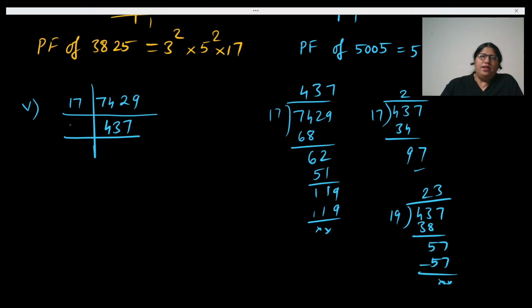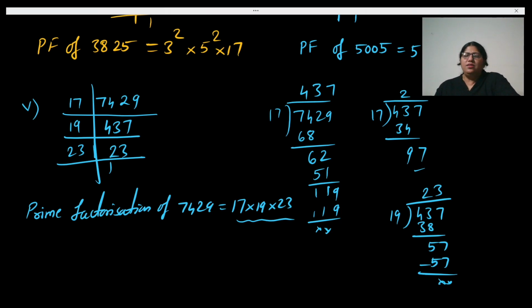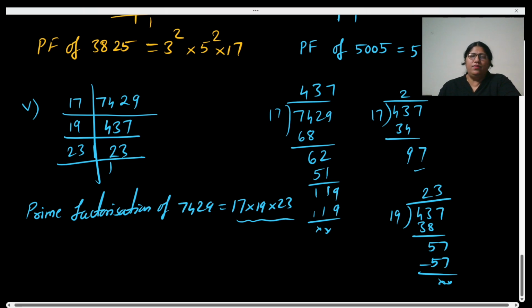Right? So I know that, if you remember the multiplication table of prime numbers, it becomes easy to do the prime factorization. So what is here? Prime factorization of 7429 is 17 times 19 times 23, right? Using the fundamental theorem of arithmetic, I can write down 19 into 17 into 23 also, but in general we follow the ascending order of the factors.